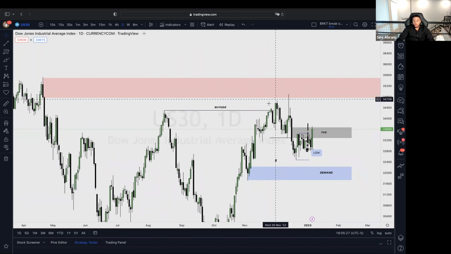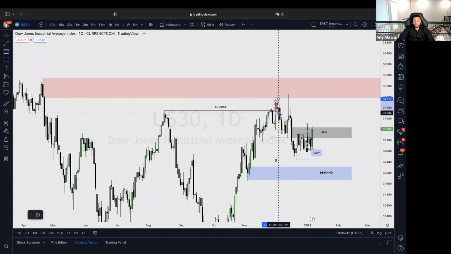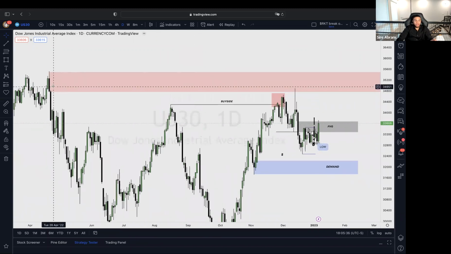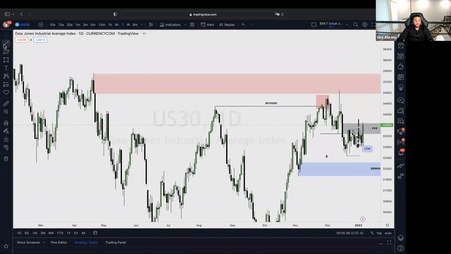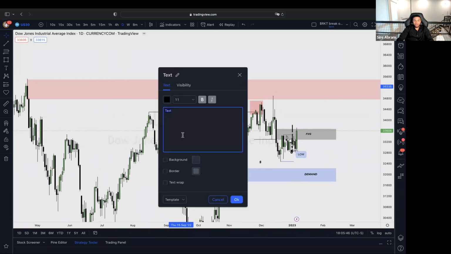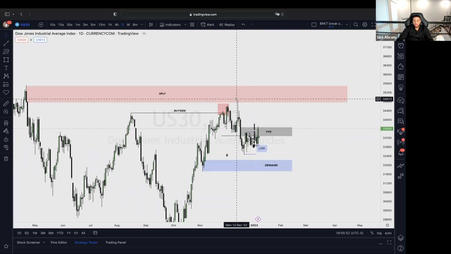So right here, we run through this high. This high gets purged. This high gets taken out, whatever you want to call it. Up here, we have the break of these lows over here, which is initiated by this high, and that makes this a supply zone. So we have this order block that we're going to use as supply. All right, so once this supply gets tapped into, price sells off.